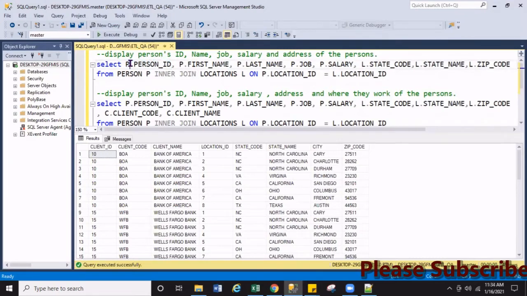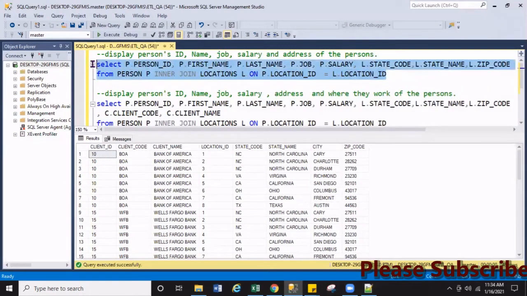So we took p dot person ID, p dot person first name, p dot person last name, p dot job, p dot salary, and again the location information, because the address information is in the location table, so we give the alias L dot state code, L dot state name, L dot zip code from person, with table alias P, inner join location table alias L.